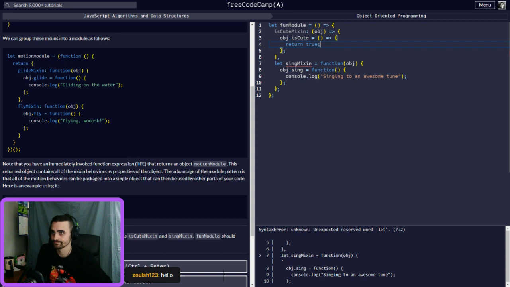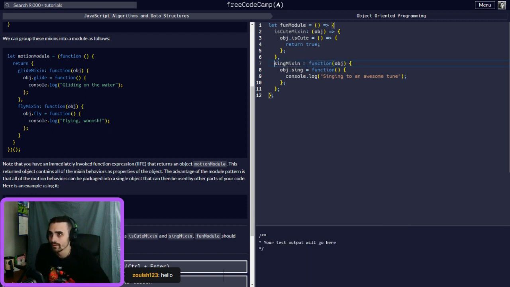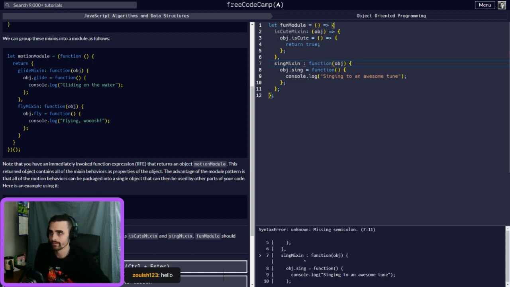Return true. Right here, we're going to make this object. Let's get rid of the sing, and we're going to add this here. So now these are both properties within an object, this funModule object. So we have an object here that's called funModule. It's equaling it to this right here.